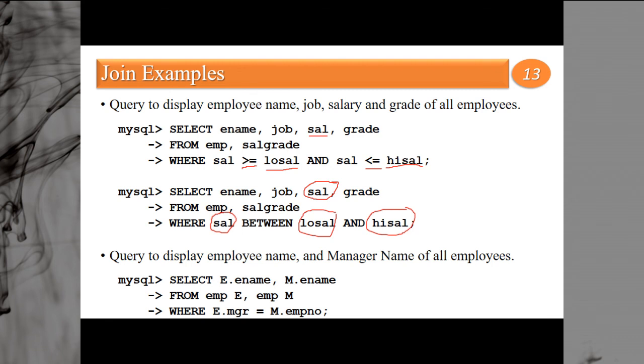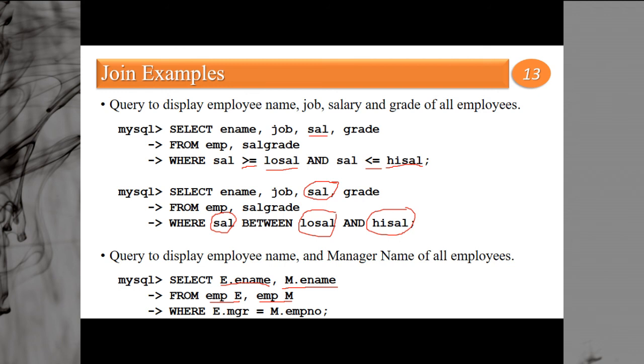So the query is very easy. Select e.ename, m.ename. This is the employee name and this is the manager name. From employee E, I am creating an alias, employee E. Employee M, I am creating another alias of the same table. It means I am working on two copies of the employee table.